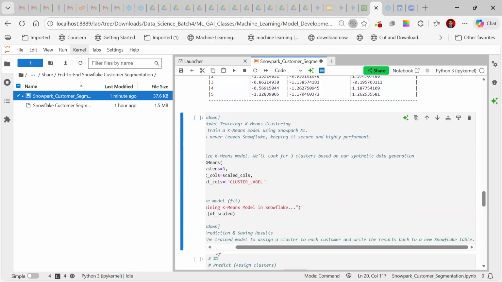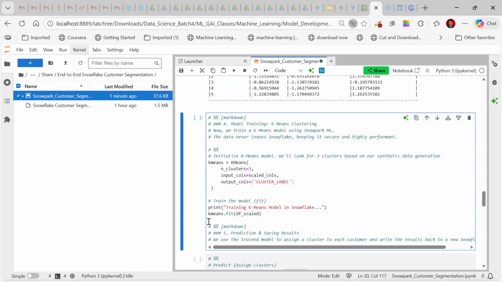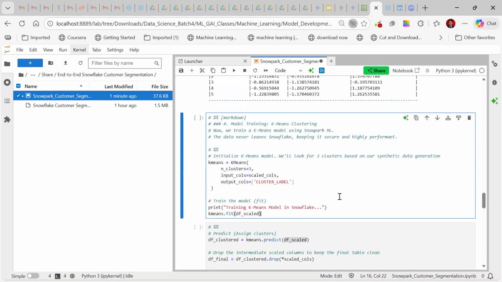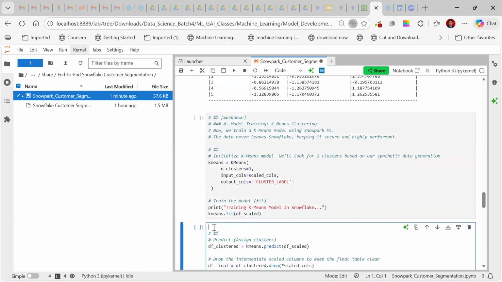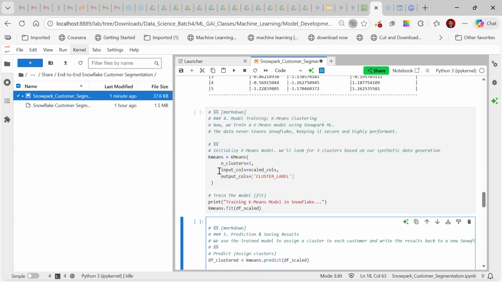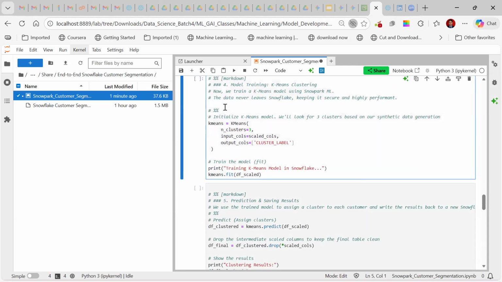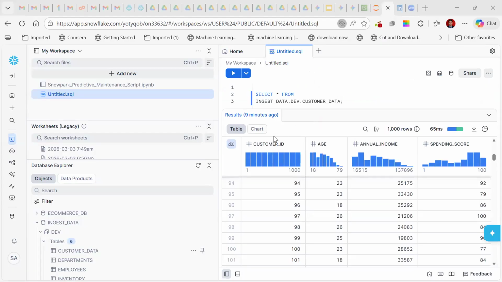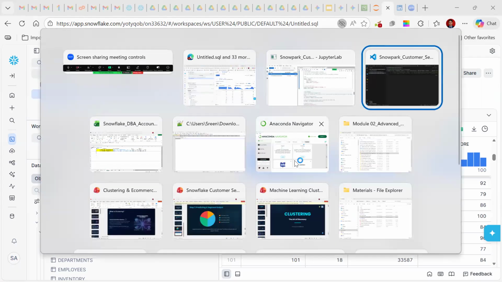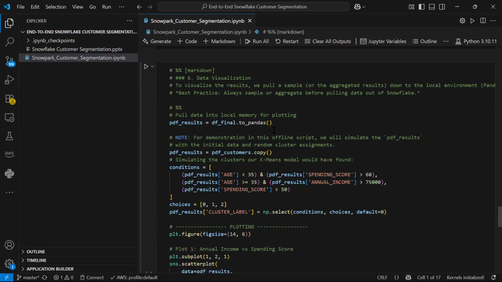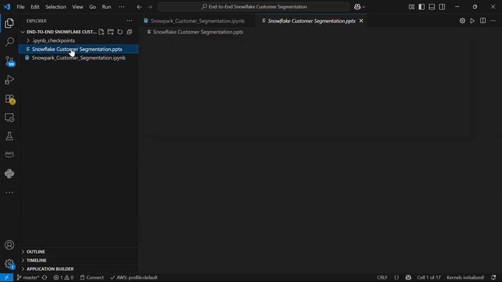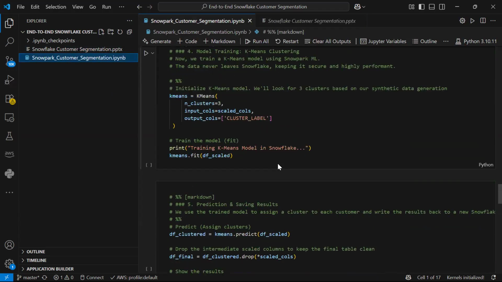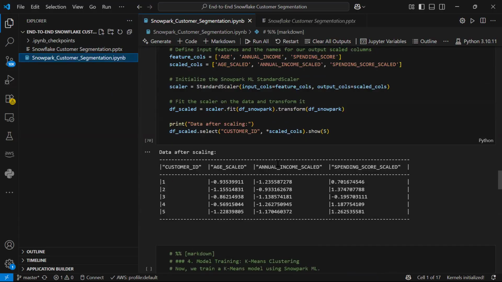This is the data, and this is where I'm scaling. Here it is fine.